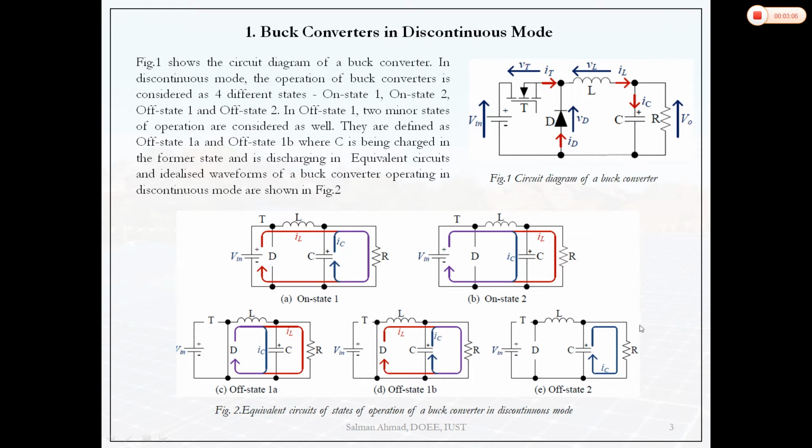Okay, so this is the state when the inductor current ceases to 0. When this current becomes 0, this diode will behave like open circuited. So both the transistor and the diode, the control switch and the diode, are open circuited. That means the current will be 0. So this is the additional state in discontinuous conduction mode of buck converters.